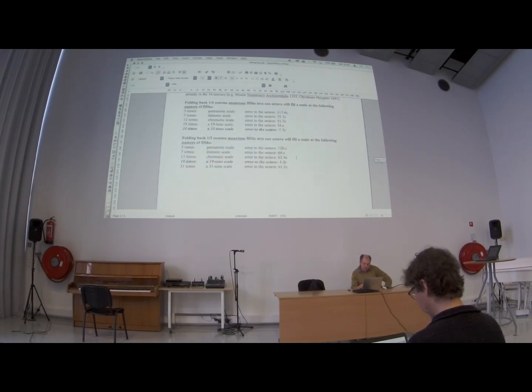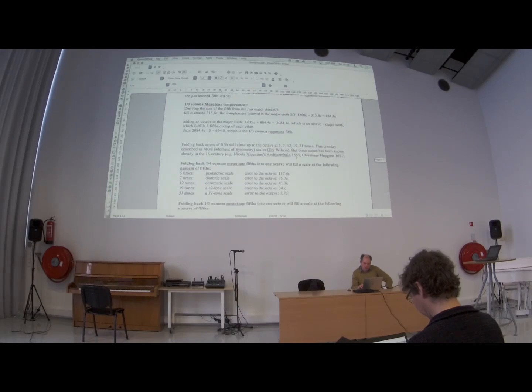But if we have another mean tone temperament, this one third comma, or 1/3 of the so-called syntonic comma, this takes the minor third, and if you take the minor third as pure as 6/5, then from that you derive how large the fifth must be so that the minor third is pure. Okay, you have the calculation here. I don't have time to talk about all that. And then we get